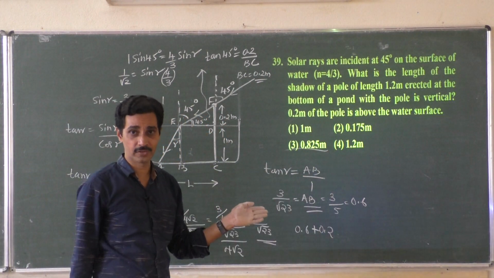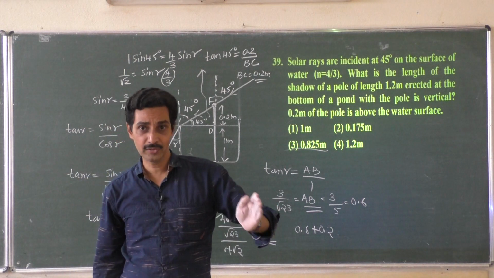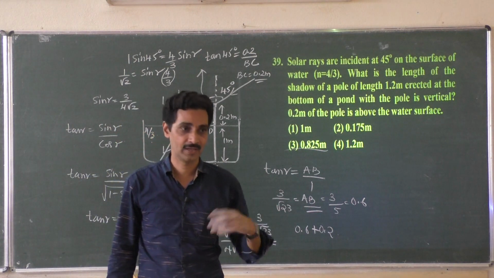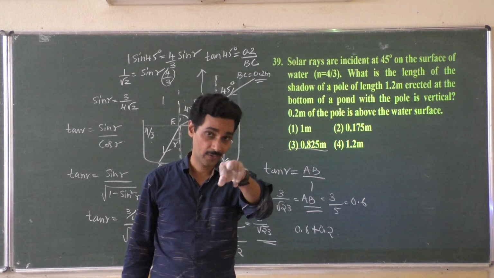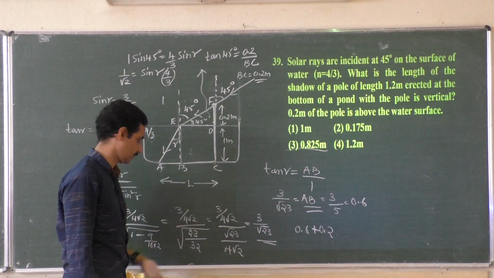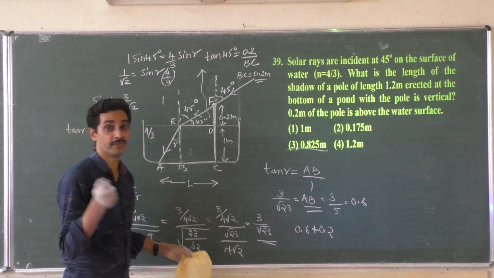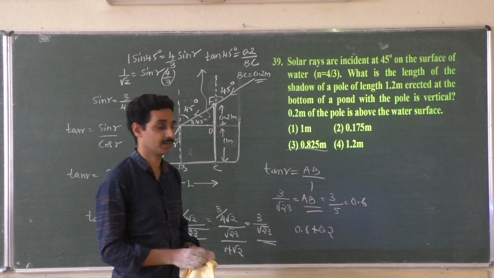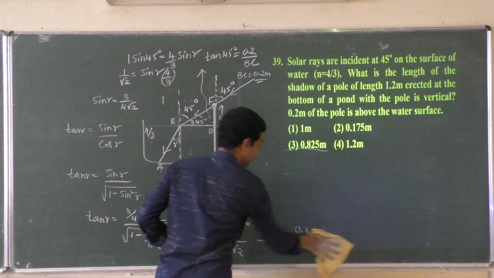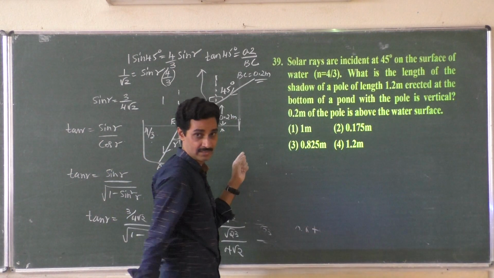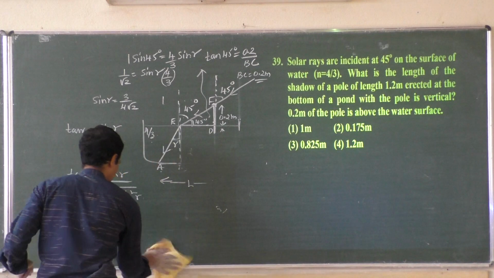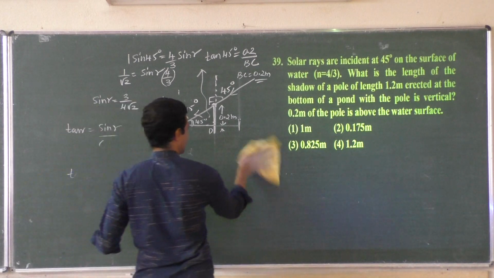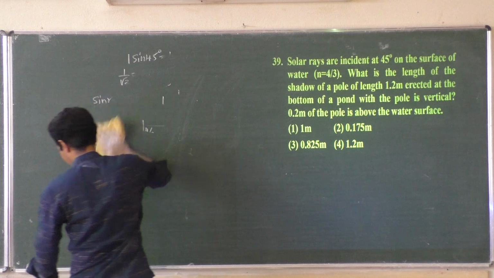You see, with these types of questions you feel as if you can do them because you are good in trigonometry, you can get it, Snell's law. But it requires long calculation. It is a second round question, not for the first round. It consumes the time of direct questions which are waiting for you, right? That doesn't mean you have to leave this question. You shouldn't leave it, you have to work it out, but keep it for the second round. Don't waste the time in the first round. Okay, next problem.